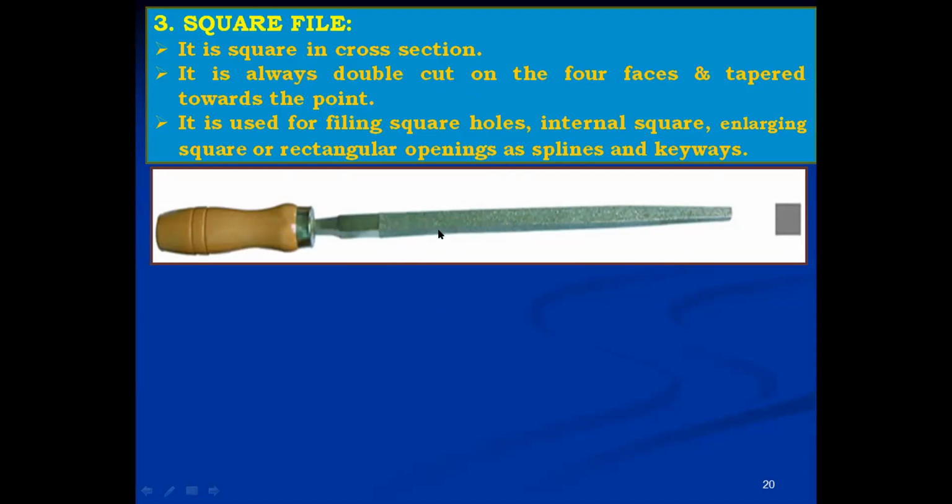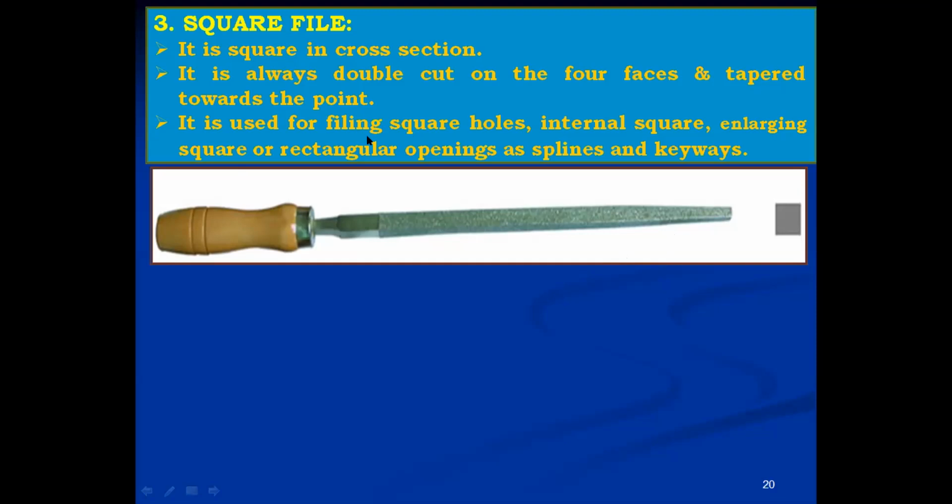So the four faces are double cut, and it tapers towards the point. There is a taper towards the tip.